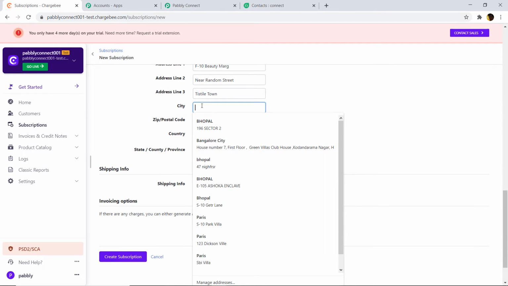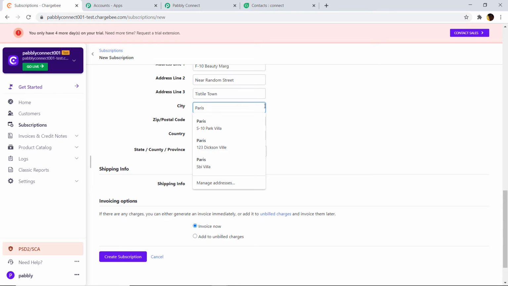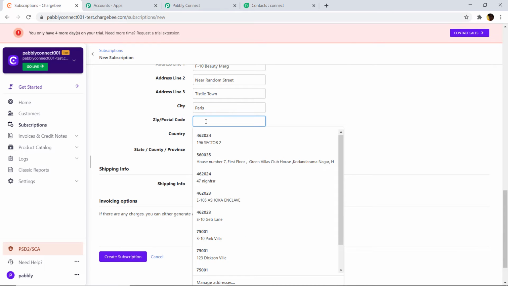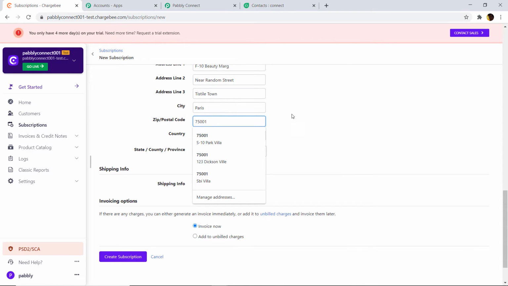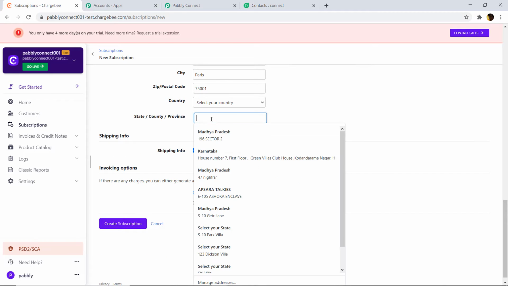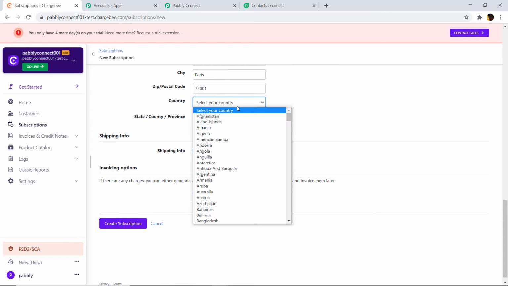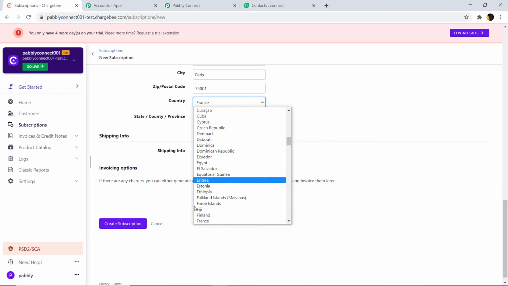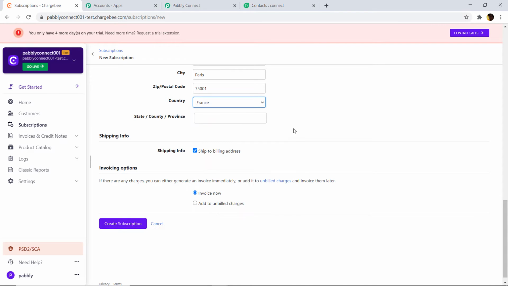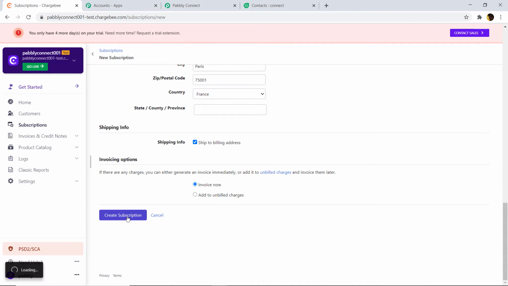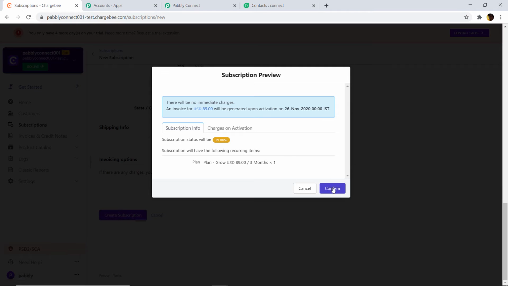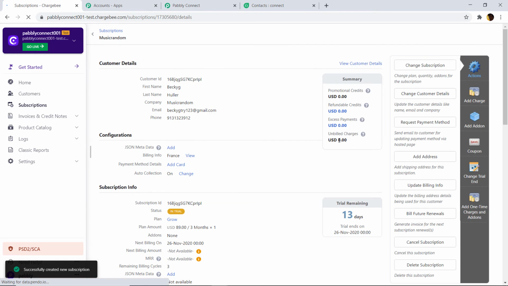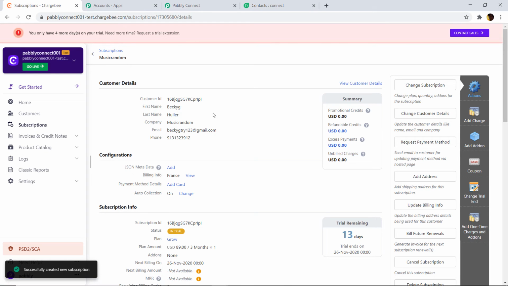City, she is from Paris. Zip code 75001. Becky G is from Paris, so the zip code is of Paris. The country, she is from France. Let's keep it as France. Then click on create a subscription. Confirm. Okay, the subscription of Becky G has been made.